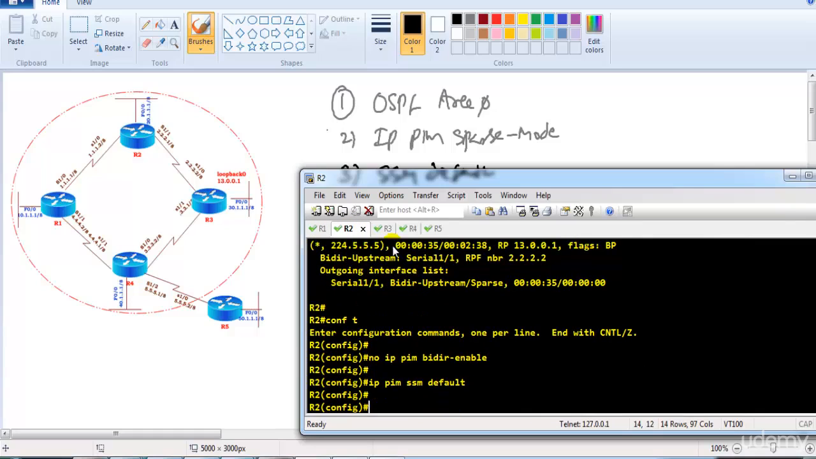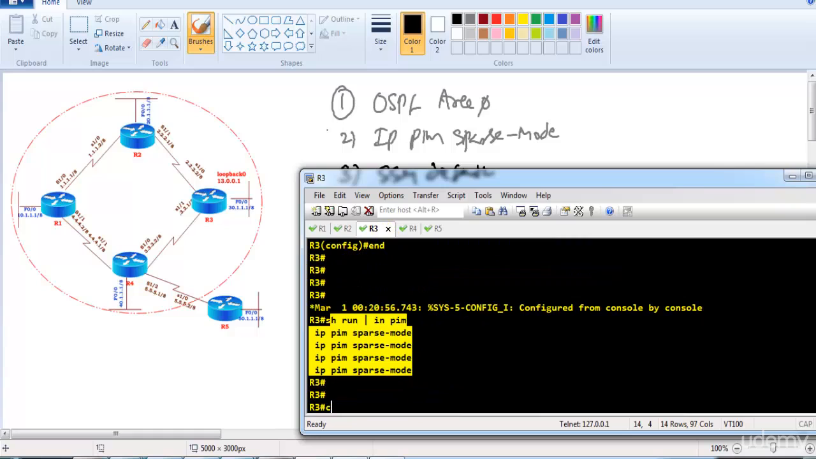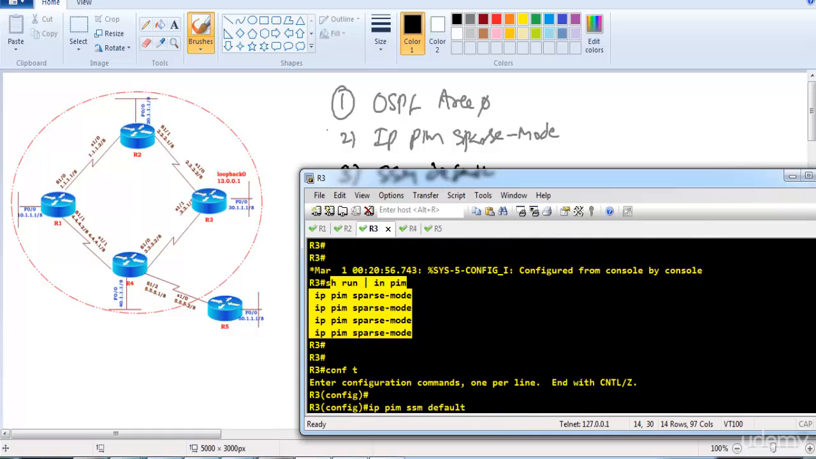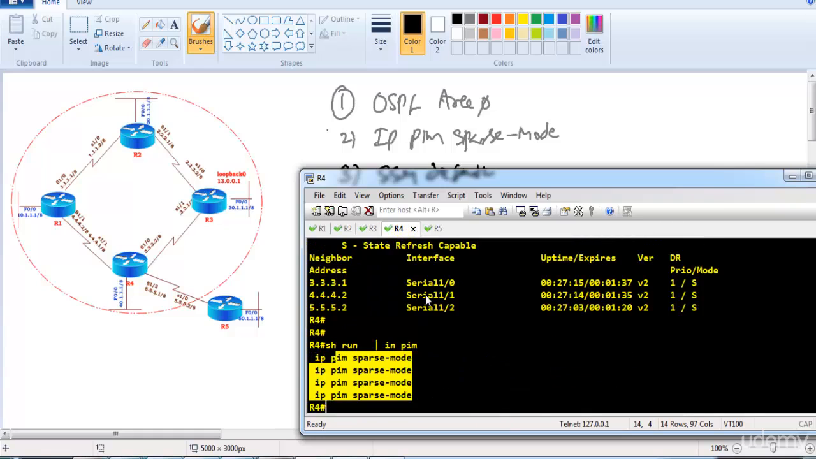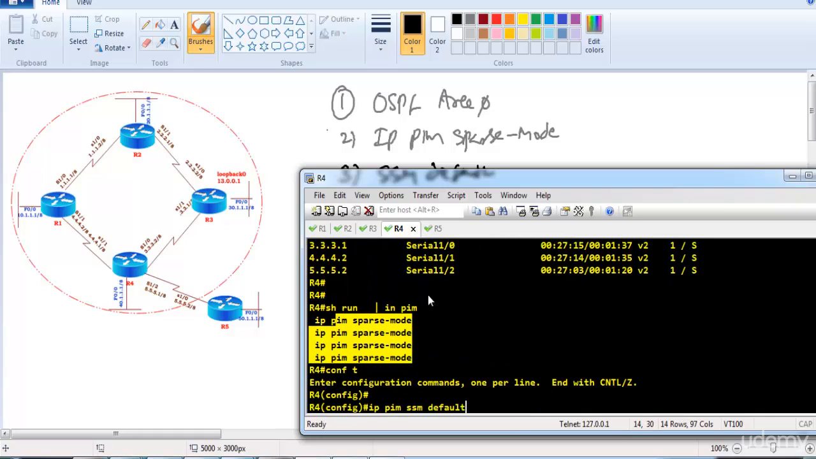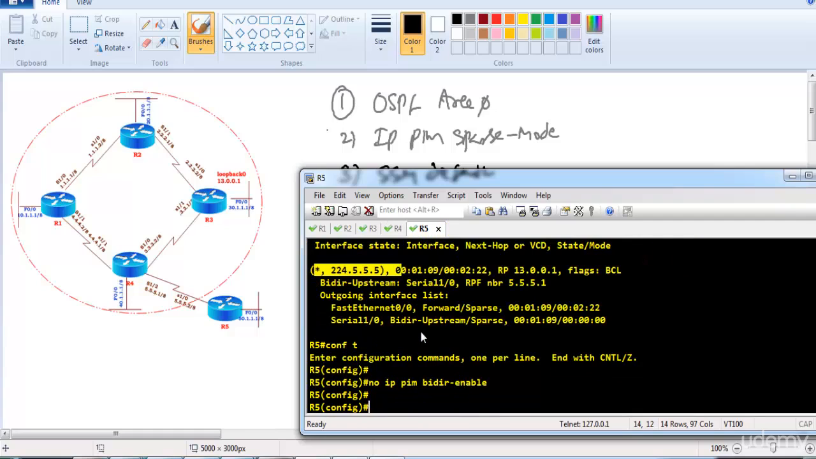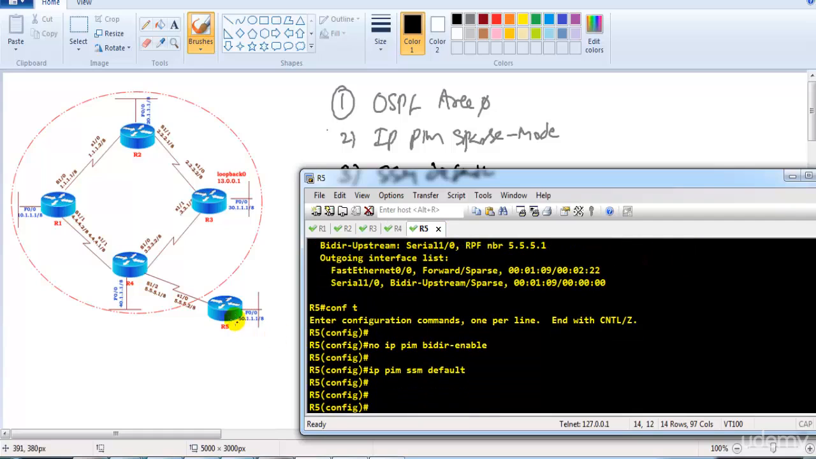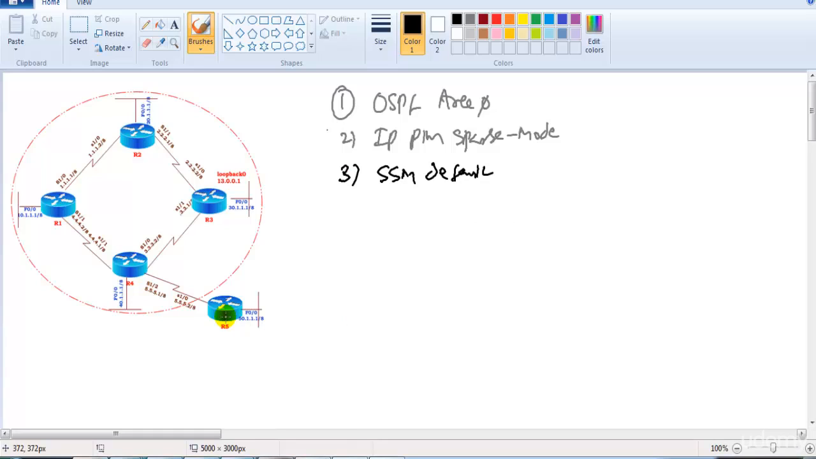So the same command we need to configure on all the routers. Let's go to router 3 and then on router 4 as well, and on router 5. Now once we configure SSM default on all the routers, now I'm going to simulate some receiver here who